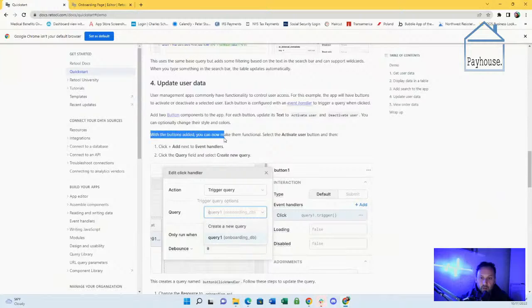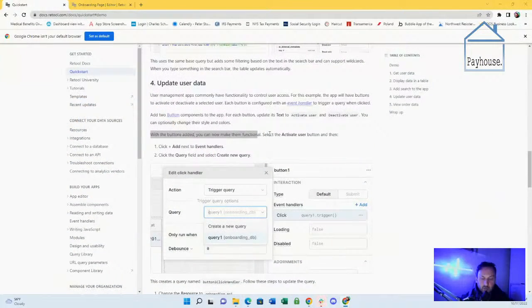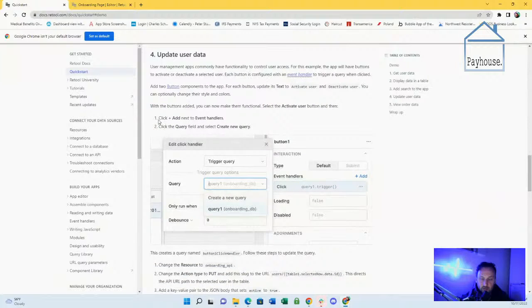With the buttons added, you can now make them functional. All right, so this is the equivalent of start or edit workflow, right? This is the part where we're going to make these buttons do something. I have to compare to Bubble again, only because it's my only reference for comparison.